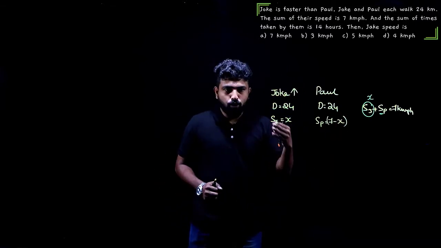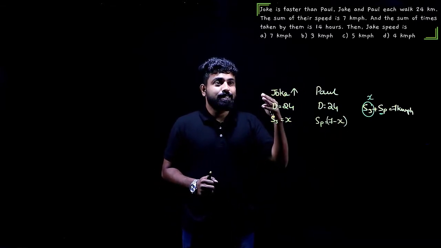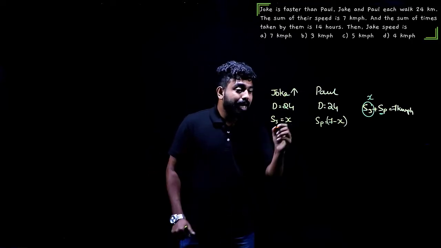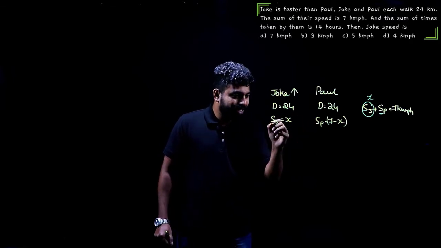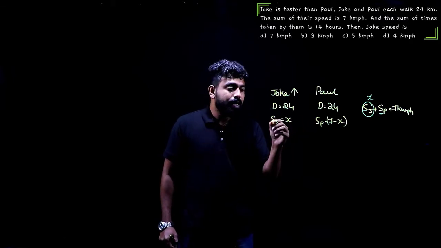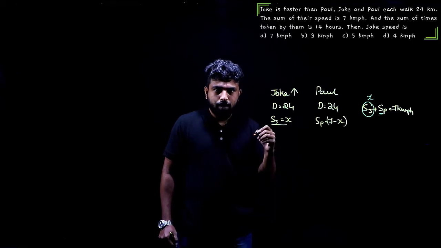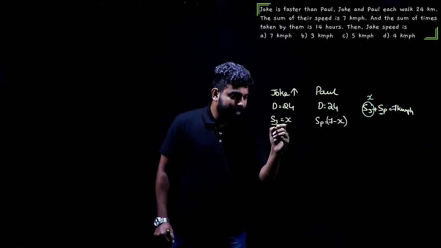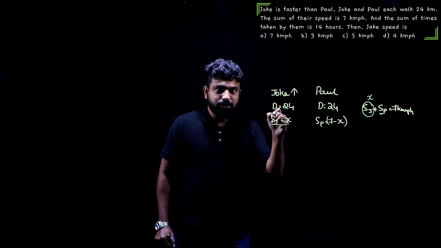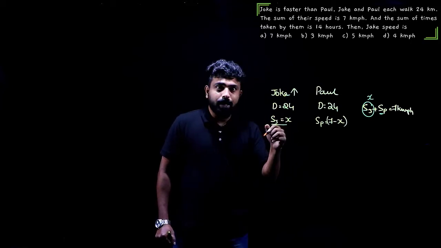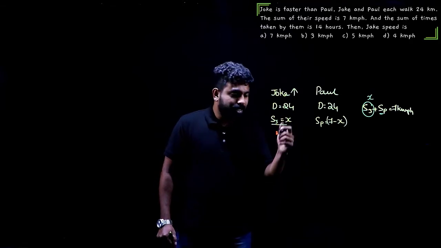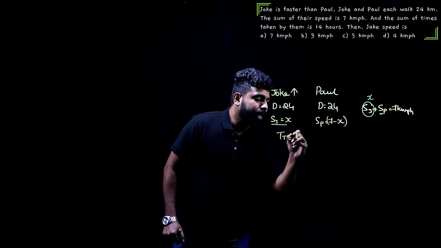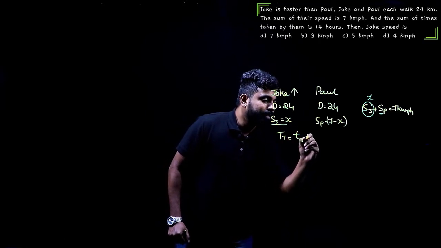Now, next, what have they told us? They have told that the sum of times taken by them is 14 hours. So which means I can represent the times like the way I have represented speeds. But will I do that? No. Why do I not do that? Because if you represent time like the way I have represented speed, then the number of variables increases. Instead, I'll represent total time as total time is equal to time taken by Joke plus time taken